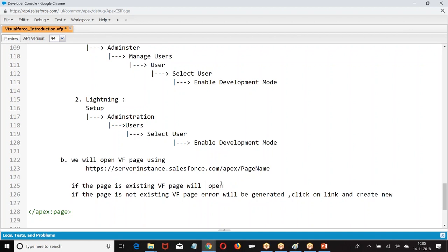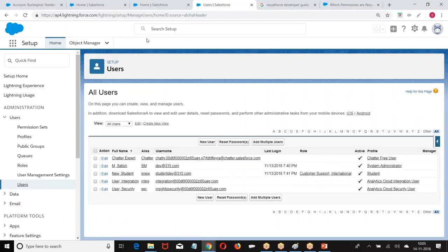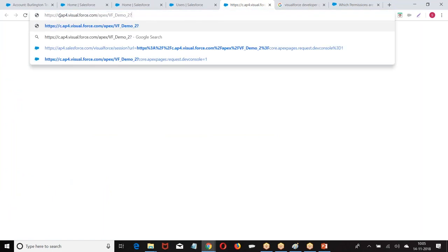Page is not existing, you get a VF page error. Click on the link and create new. Now look at this. If I try to open any one of the pages, let us see how you are getting here. salesforce.com/apex/vfdemo2.